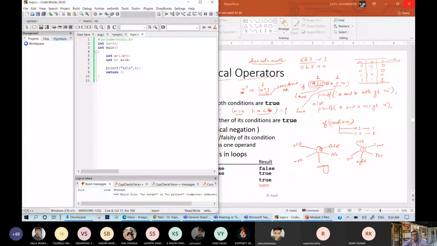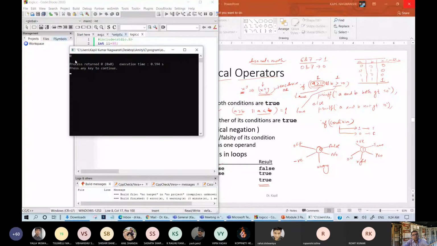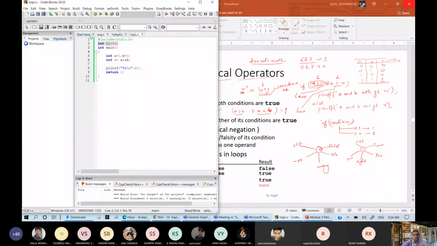Yes or no? So this 0 will be printed, and let us write some more outputs. %d and %d equals %d.